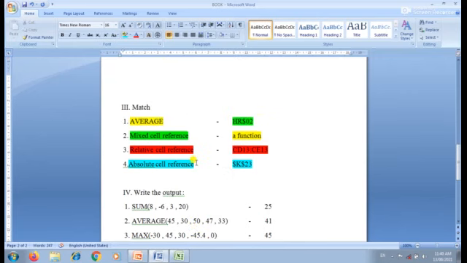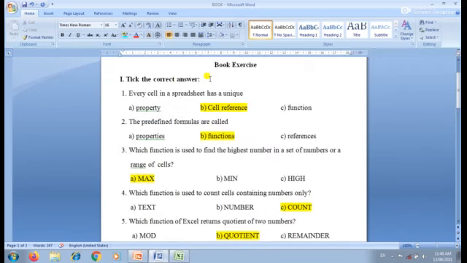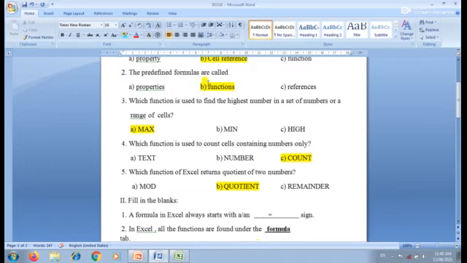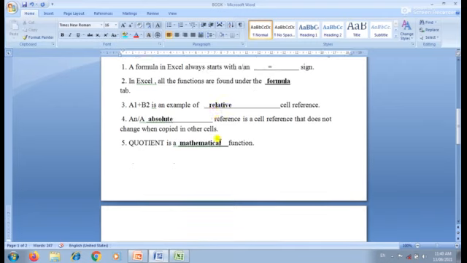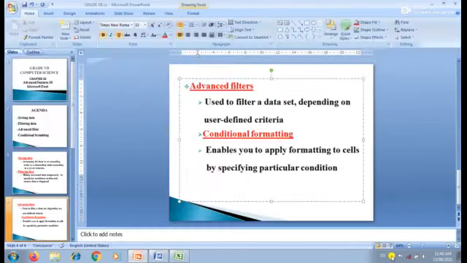So how many have we discussed? That means 4 we have discussed. These concepts are in a book exercise. That means it is given in your book, chapter 2. Okay. If you have the book, write the answer in your book. What are all the concepts we have discussed in this video class? Chapter 3 and chapter 2 book exercise.